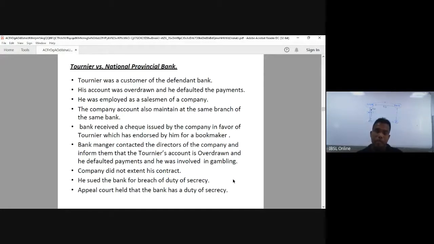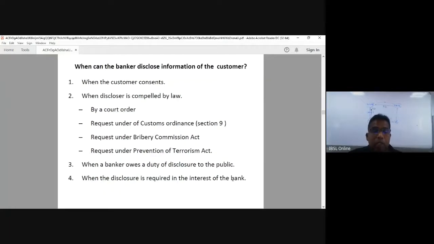Any information that comes to the knowledge of the banker as a result of the banker-customer relationship is covered under the duty of secrecy. So, if anyone has any questions up to now, you can ask. Do you have any questions? Okay, if you don't have questions, then I'll go to the